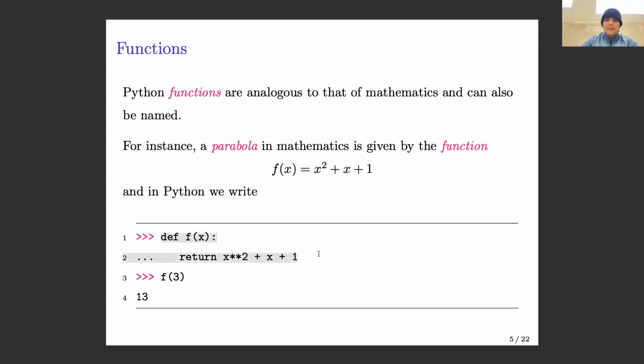So here's the simplest type of function that we can create, which is just the one that represents that f of x. If you think about what we need to tell Python, we need some provision to say, I want to define a function. That's what this def is here for. It's a keyword reserved for saying, look, I want to give you a series of code, but this code should all be bundled and considered the same function.